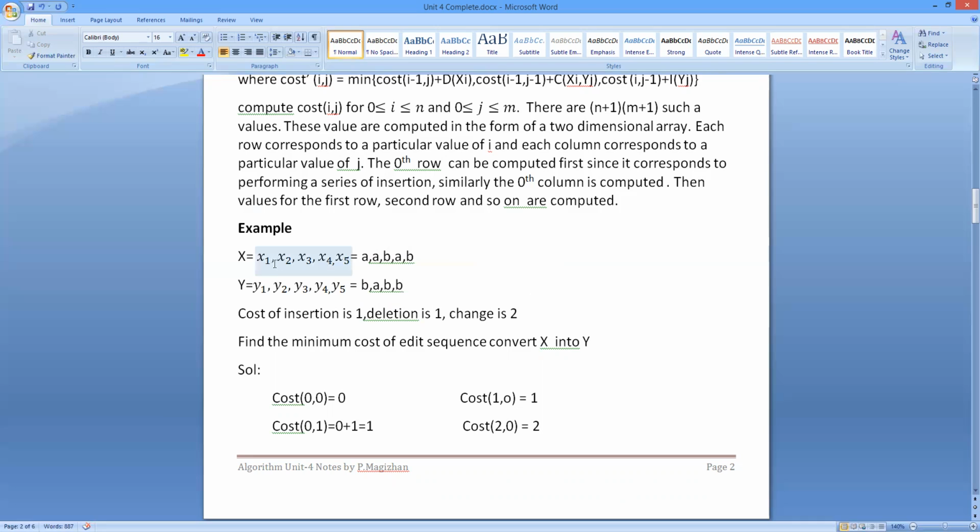The symbol x1 is a, x2 is a, x3 is b, x4 is a, x5 is b. So x1 is for a, x2 is for a, x3 is for b, x4 is for a, x5 is for b. Similarly, the string y is